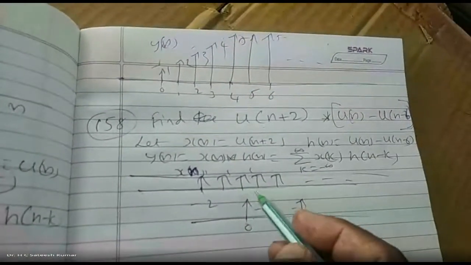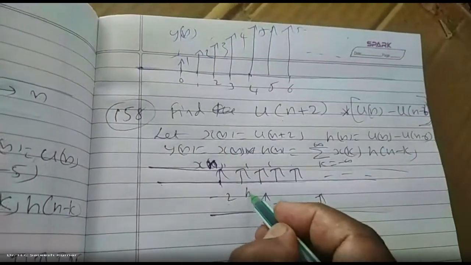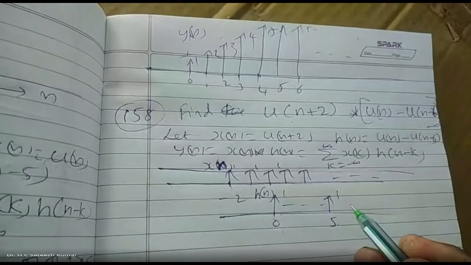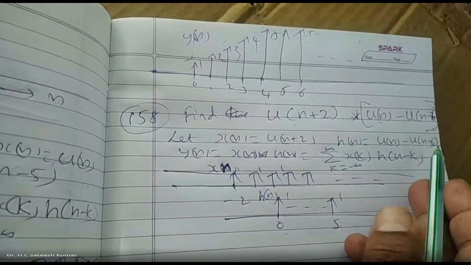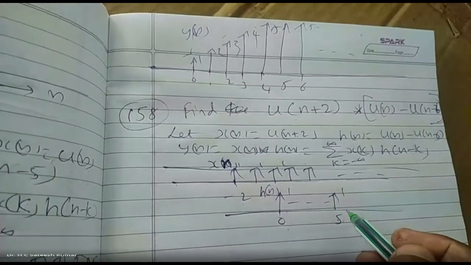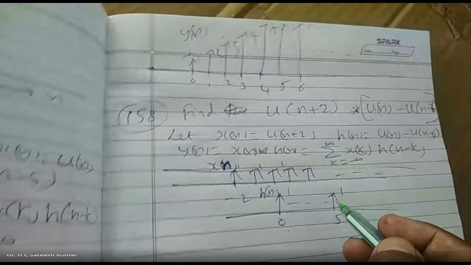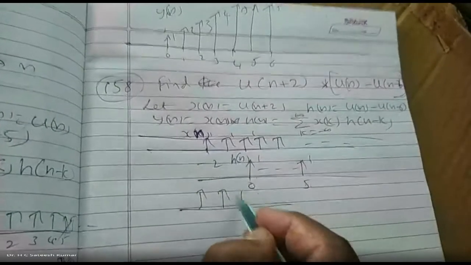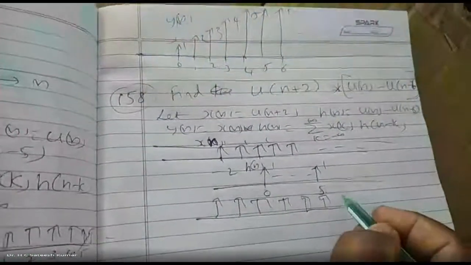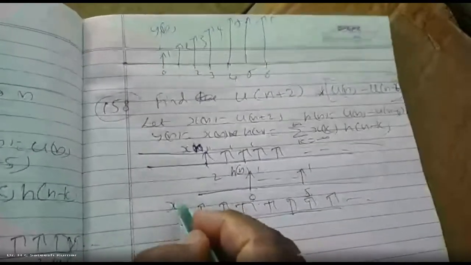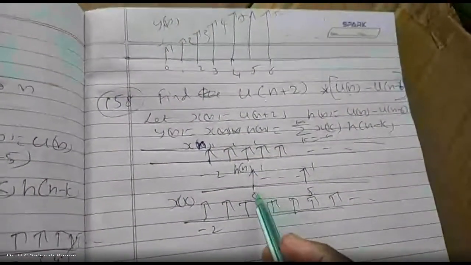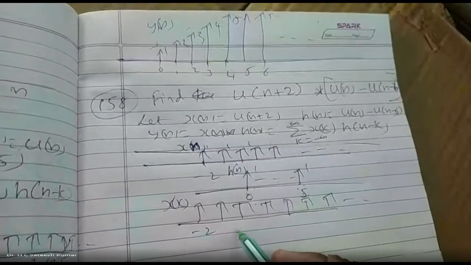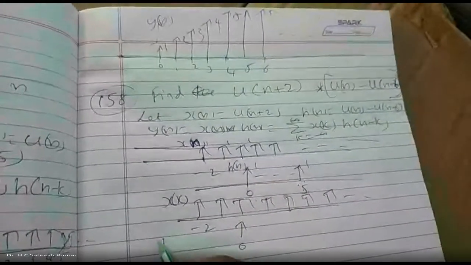Right, so this is x of n and this is your h of n. H of n is from where to where? 0 to 5, its value is 1, because the sixth element also gets subtracted. 0 to 5, how many elements are there? 6 elements, including 0. First you write down x of k. So now we go for the convolution. X of k is from minus 2 to infinity. H of minus k is from where to where? Fold it. 0 to 5 is there. H of minus k means this is 0 and this is minus 5.